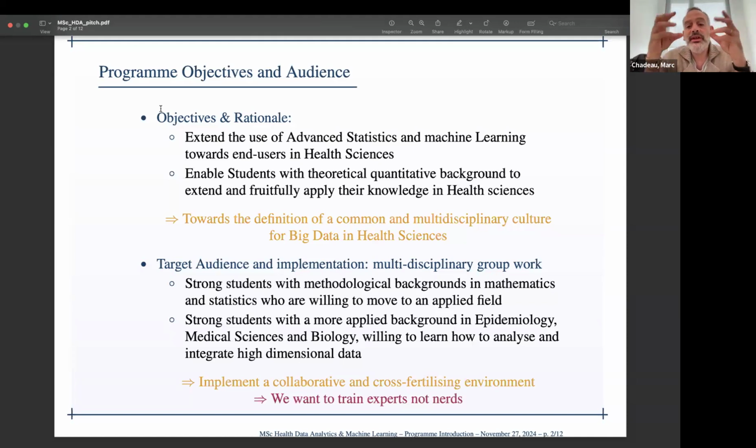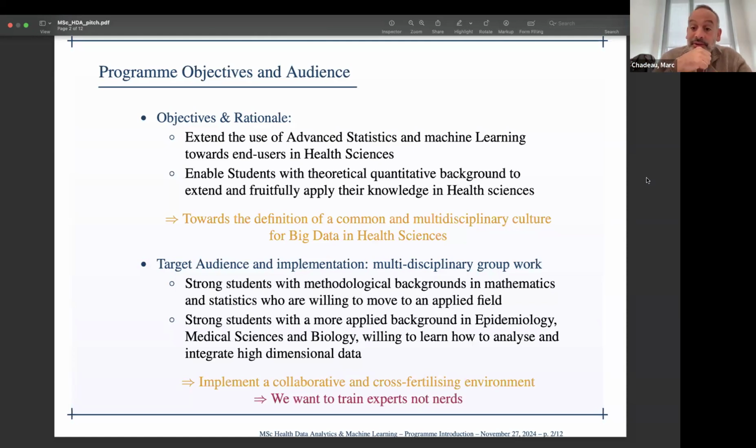So the idea was to have, by definition, a multidisciplinary culture, making two or several communities work together for the good of health data sciences. There are a lot of skills around the field, and having them work together is the best way not only to exploit as much as possible the information in those emerging data, but also to build a community that is very literate, both in terms of data content and complexity, and in terms of methods. That was really our goal when we implemented this program.